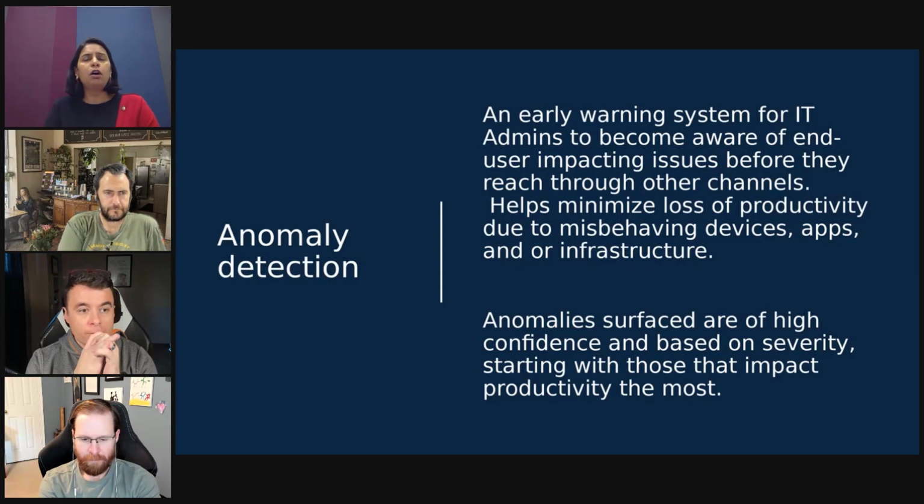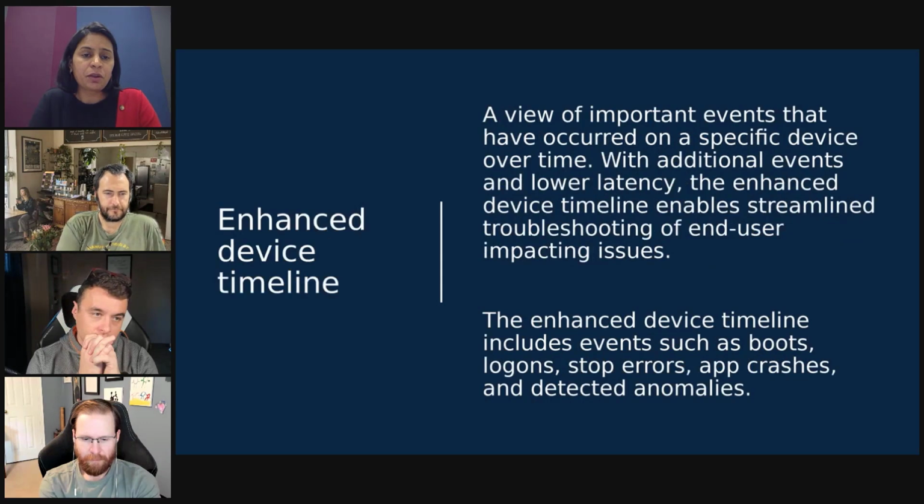So that means a lot of homework and legwork behind the scenes. We have taken care of it, and then we are surfacing these anomalies. Why is that important? As you go down the funnel and start looking at affected devices and come into this enhanced device timeline view, you absolutely know that these are some of the rogue events that have impacted the performance of the device. And then when you look at it in context of a histogram and a time series